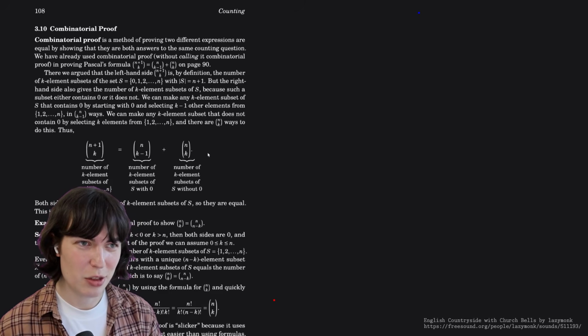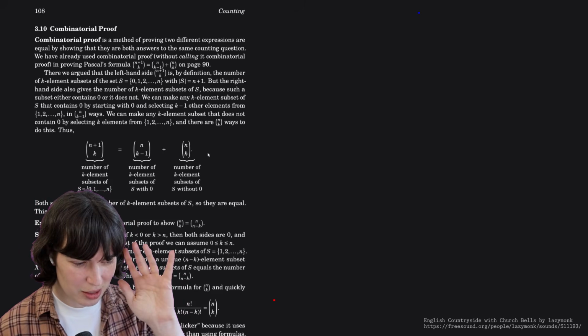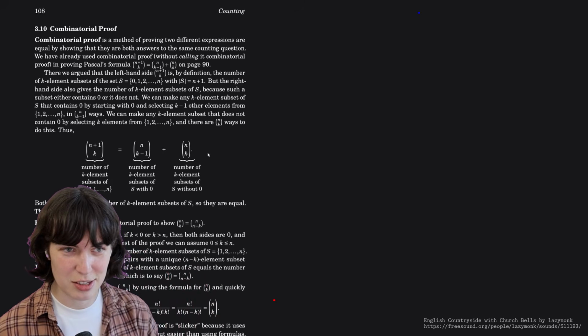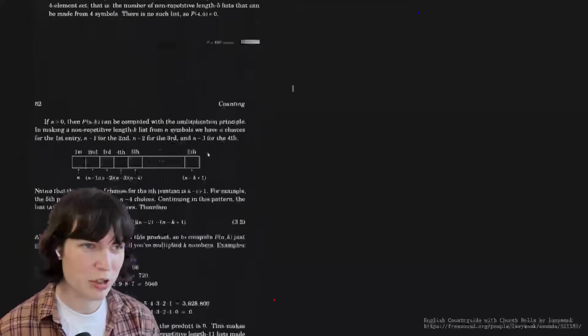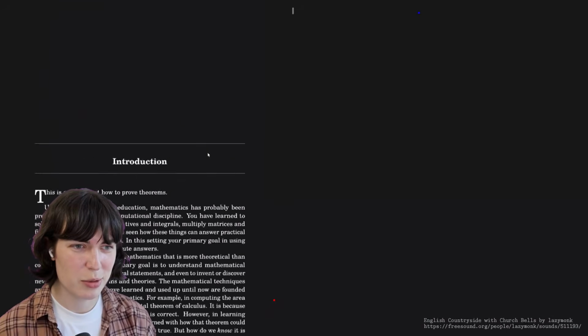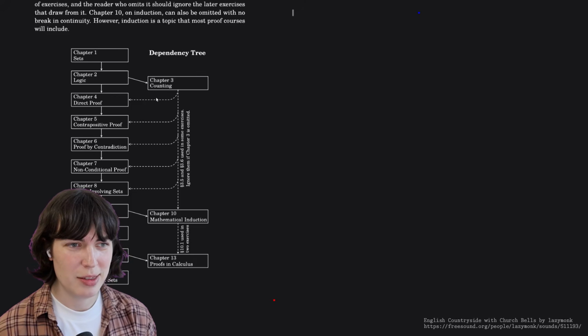Combinatorial proof is a method of proof. So just so you know, the book has a system. Let me show you the system. It's got a system, which is why I'm reading this way. Okay. So this system: sets, logic, counting, and then you can